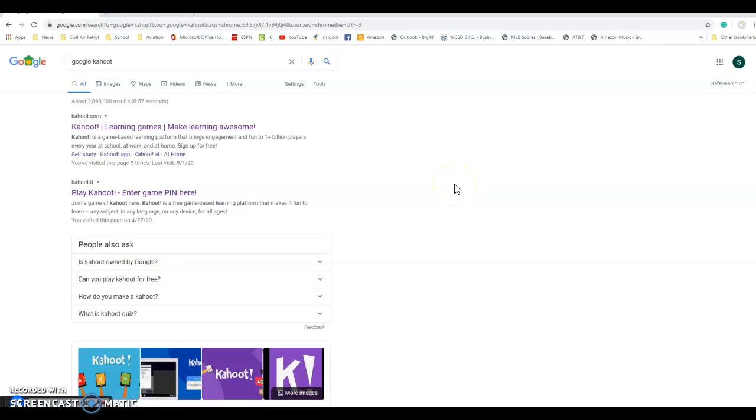This is a quick overview on how teachers can set up a Kahoot for their classes. When you go to Google and you look up Kahoot, you're going to see two options. One is Kahoot.it. That is how people play the game. In order for you to create a Kahoot game for kids to complete, you're going to go to the first one,